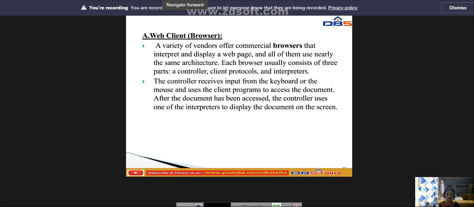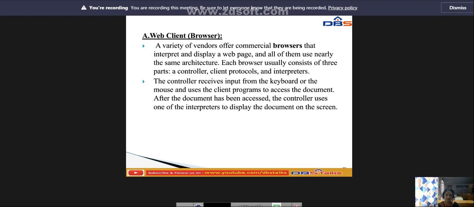A variety of vendors offer a commercial browser that interprets and displays web pages, and all of them use nearly the same architecture. Each browser usually consists of three parts: a controller, a client protocol, and interpreters.